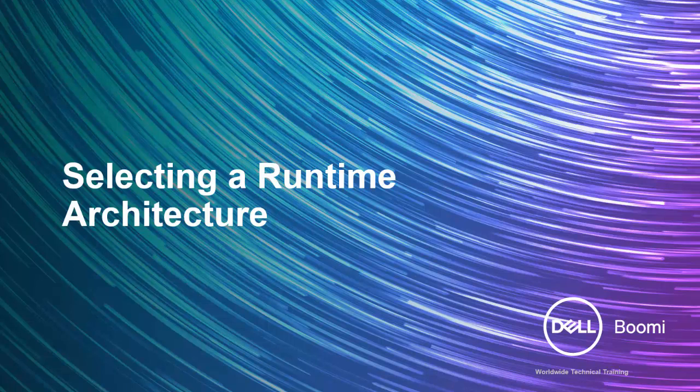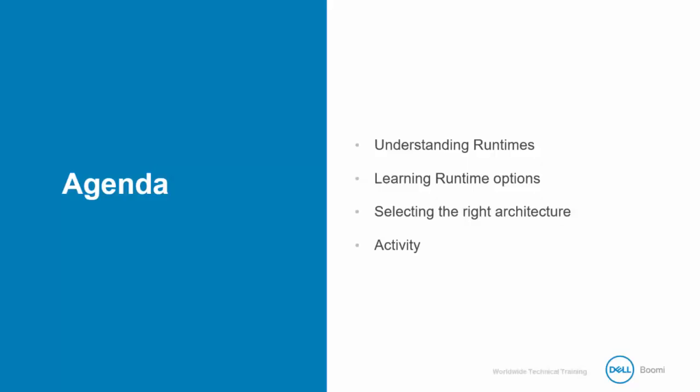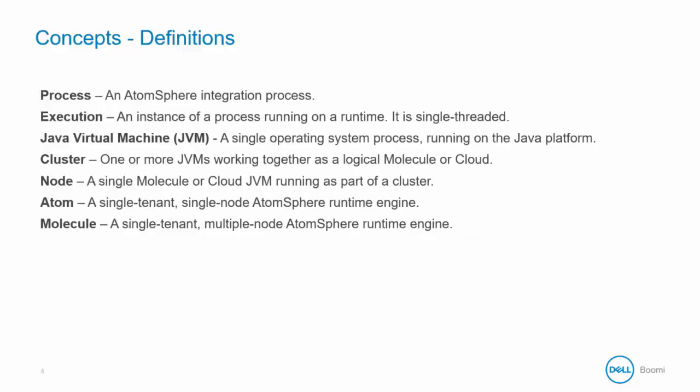In module number 3, we will cover the basic information you need in order to properly select a runtime architecture. Our goal is to empower you to confidently select the appropriate runtime architecture for an organization or customers based upon functional and non-functional requirements. To do this, we will cover understanding runtimes, learning about the different options, and some keys to selecting a runtime. First, let's take a few moments to go over some key concepts and make sure that